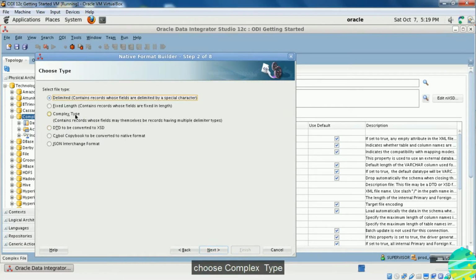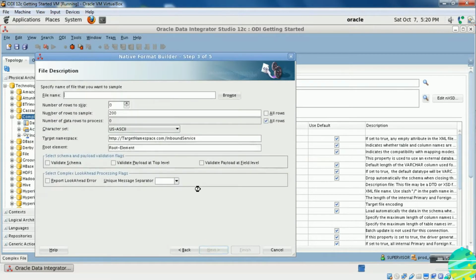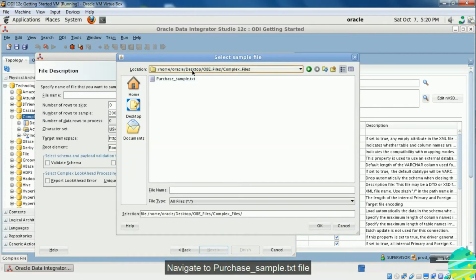Choose complex type. Click on next. Over here navigate to purchase sample.txt file. Click on browse and navigate to that file.